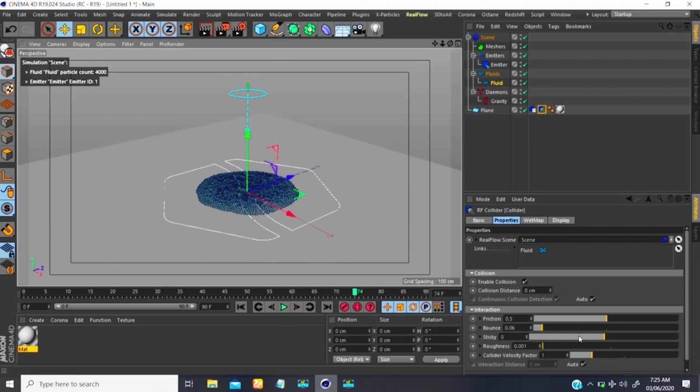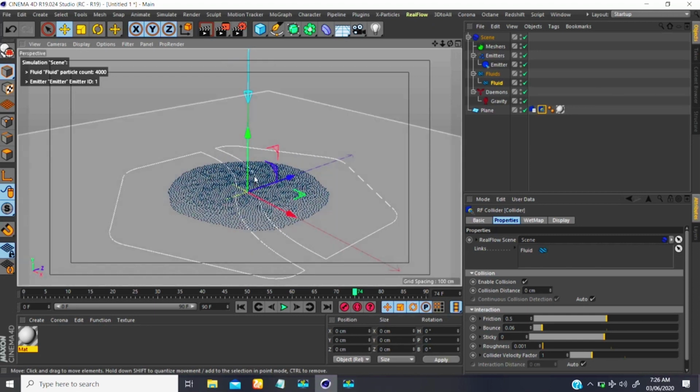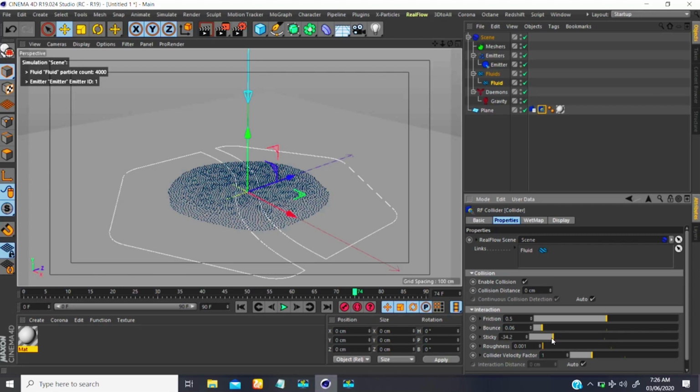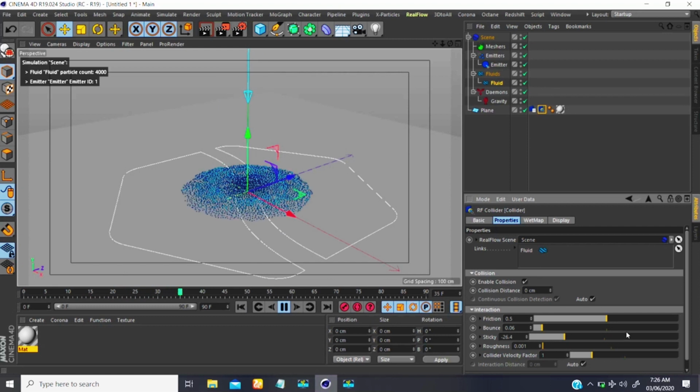Then you also have your stickiness. So your stickiness is the property that defines how the object sticks to a geometry. So if you reduce this, make it minus value, that means you're going opposite. You don't want it to stick. All right. So if you make this here,